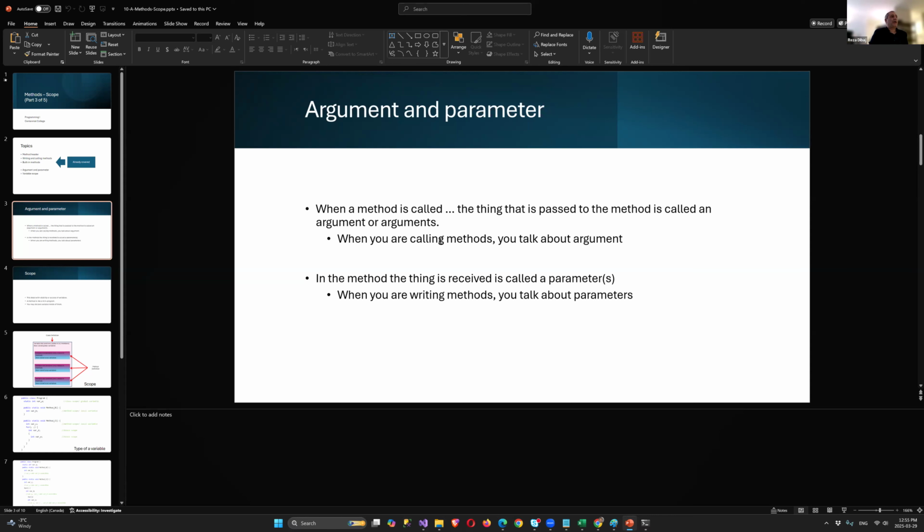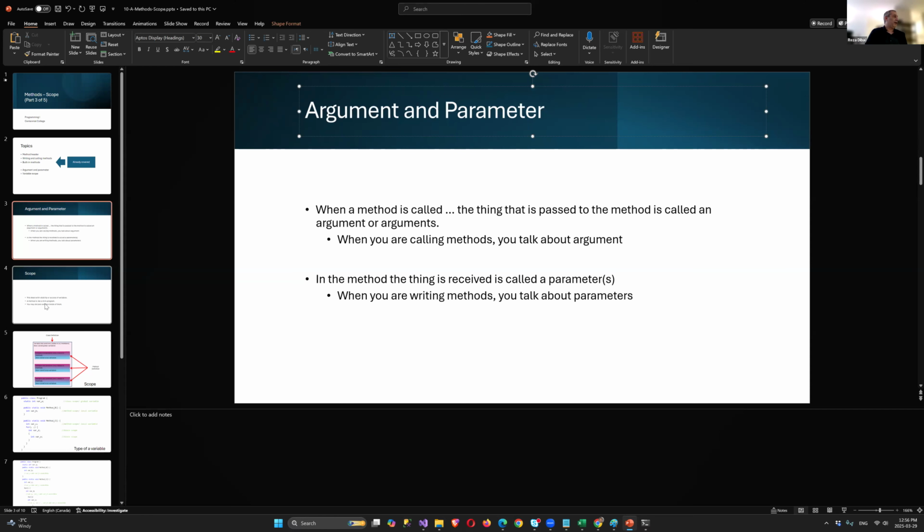It is saying when you are calling methods, you talk about arguments. And in the method, the thing that is received is called a parameter or parameters. When you are writing methods, you talk about parameters. Guys, I always say that the things that we define inside parentheses, when you define methods, you can either call them arguments or parameters. That is me. You can just pick this one